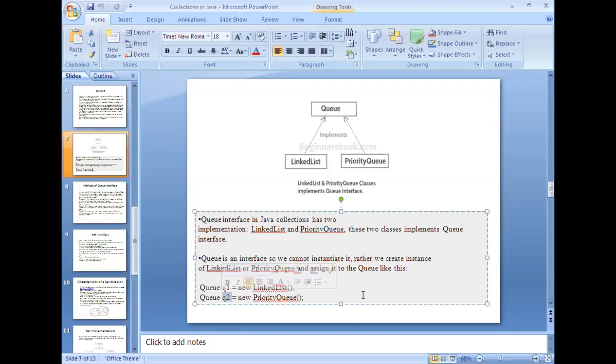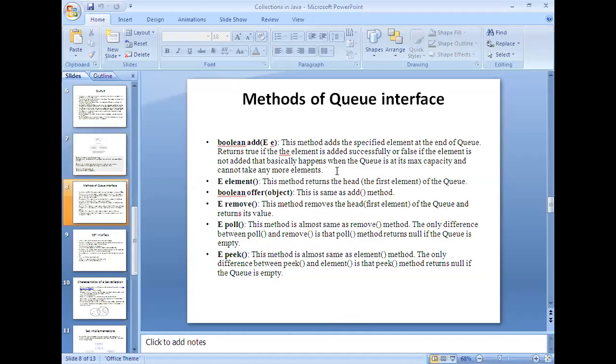But in priority queues, elements are processed based on the priority, not by following the first in first out mechanism. That is the important point you are supposed to understand. You need to define the mechanism of how to define the priorities of the elements you are going to store in the queue. Now, these are the various methods available in the queue interface. So it is the responsibility of the class.